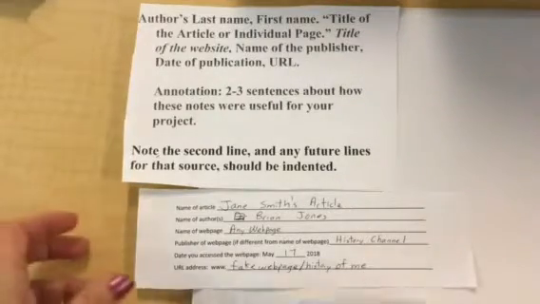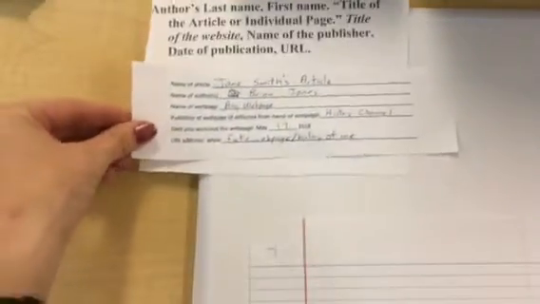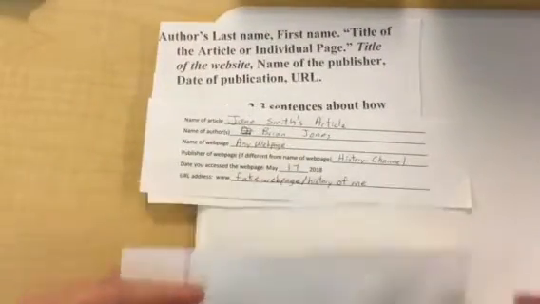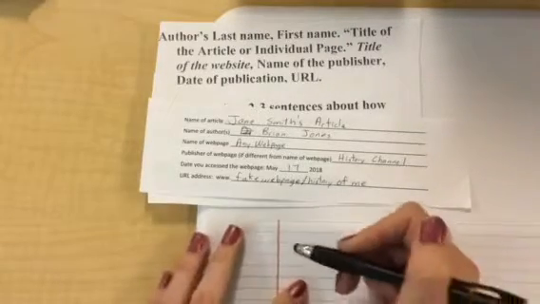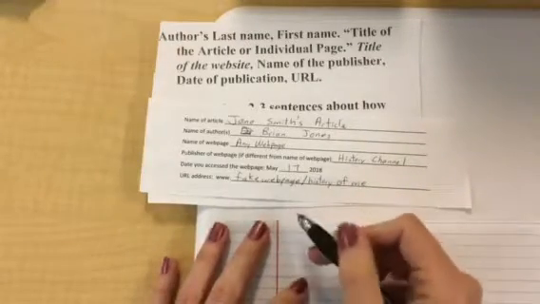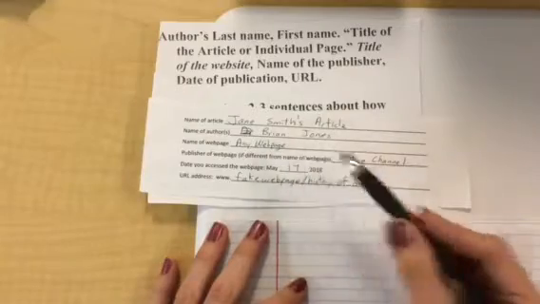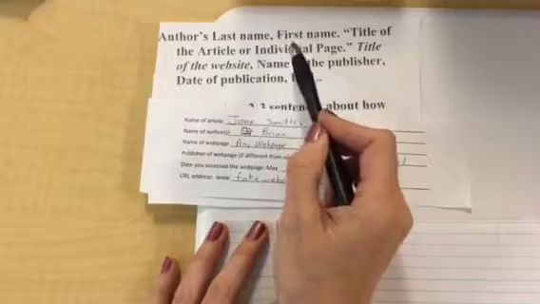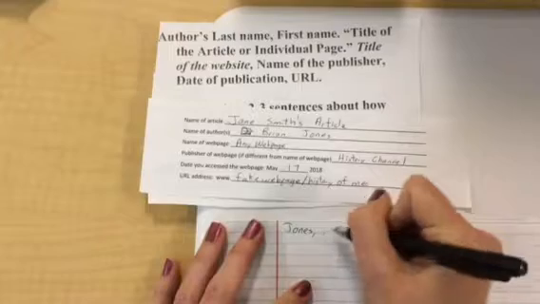So step one, you're going to be typing this on the computer. I'm going to be demonstrating on a piece of paper so as not to confuse everybody. The first thing you're going to do when you're creating your bibliography is list the author's last name. So you'll start off on the far left-hand side, and you will give me the author's last name. This is my little sample one here. We're going to use this. The author's name is Brian Jones. So you'll notice according to your directions, you have author's last name, comma, first name, period. So you would start out with Jones, comma, Brian,